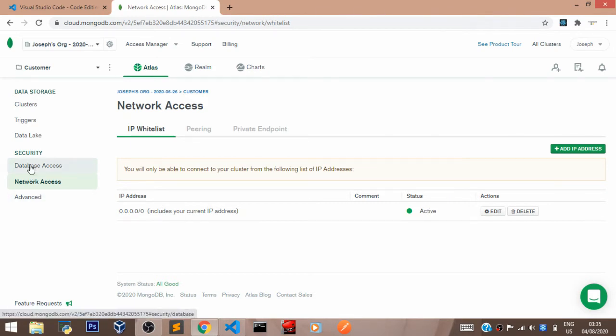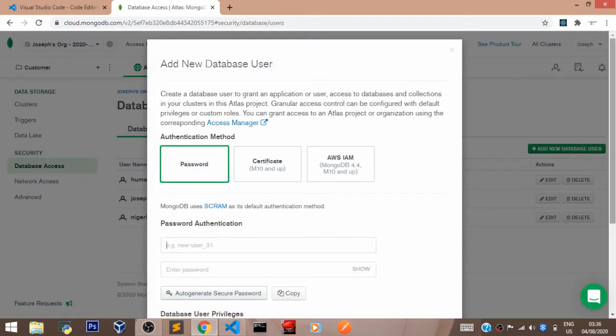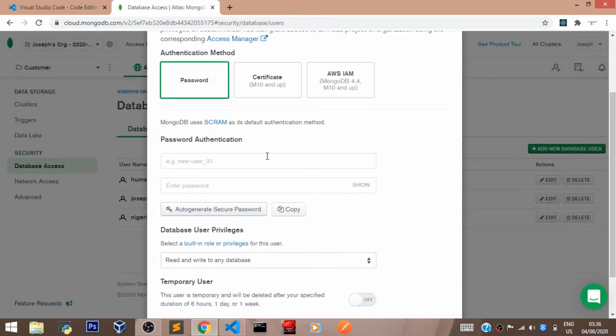Now let's move over to database access. Now, when you click on database access, most likely you would have only one admin user right here. Now, I would advise you to go ahead, create a new database user. Click on add new database user right here. When you click on that option, let's pass in one here. Let's say